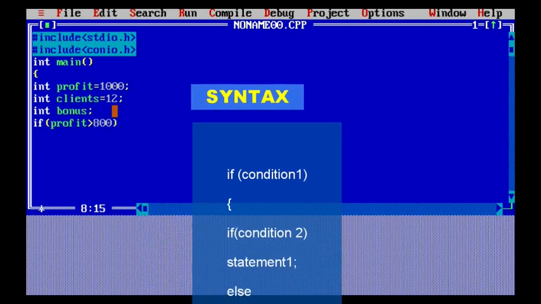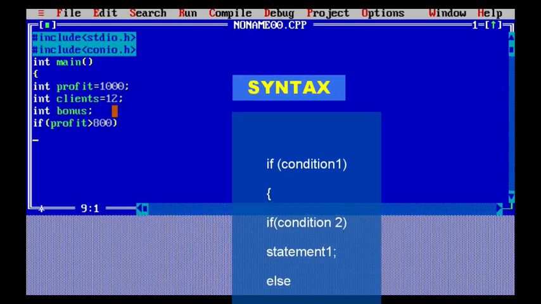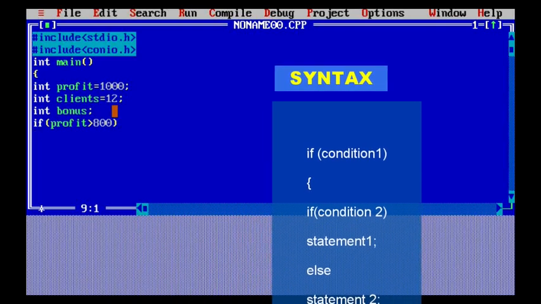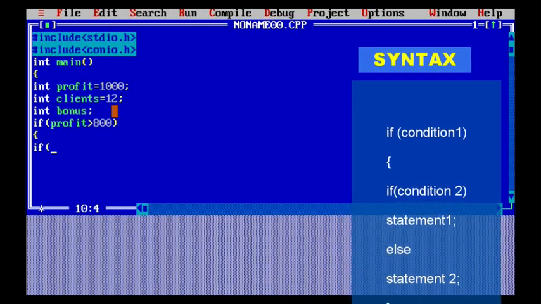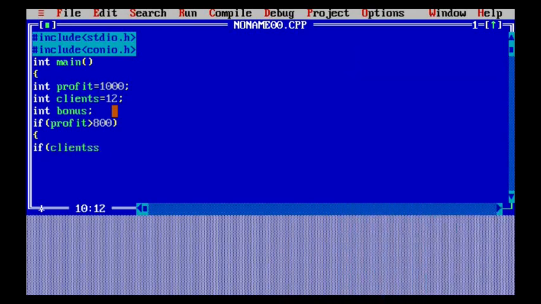For that I need to check the profit and the client as well. So within an if statement I am going to use another if statement, which checks whether both conditions evaluate to true; only then will the bonus be provided. If one of the conditions evaluates to false, the other statement will automatically work. That means if the first condition is not satisfied, it will not move into this particular block and will not perform that action.